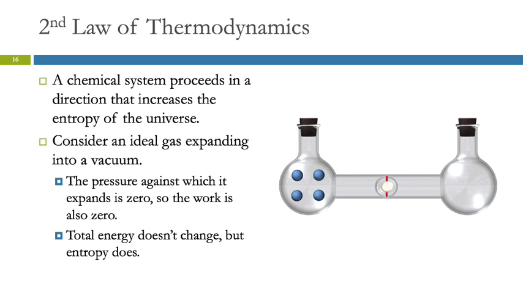So here's a slightly more complicated system. Here we have a gas, and there are 4 particles, right? And on this side is a vacuum. And how do you know that's a vacuum? Because there aren't any gas particles over there. If the gas particles were this big, we'd be able to see the air too, right? There's literally nothing there. So the gas expanding into this vacuum is not expanding against a pressure.